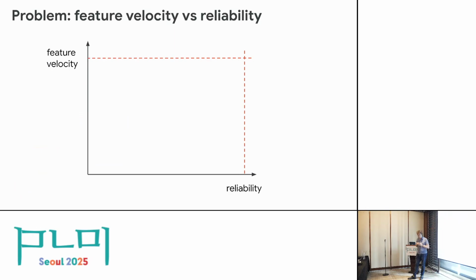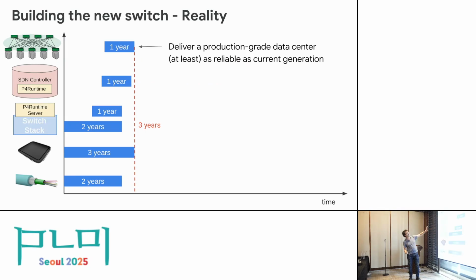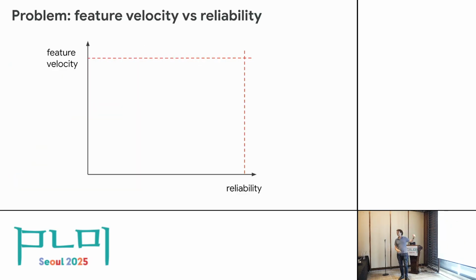Well, I think there's a key trade-off space here, and that's what I'm really here to talk to you about today, which is there's a trade-off between reliability and feature velocity. And what do I mean here when I say feature velocity? I told you that requirements and capabilities change over time. That means that you have to change all of these things throughout this period, right? You're exposing new features. You learn of a new thing you need and you expose new features. If you want to do that fast, this is feature velocity.